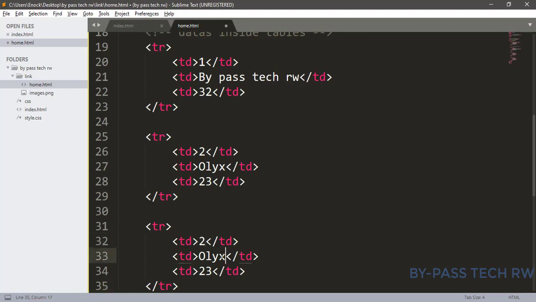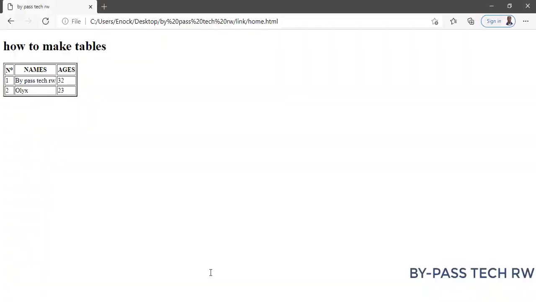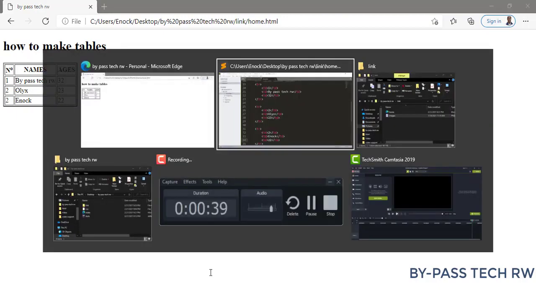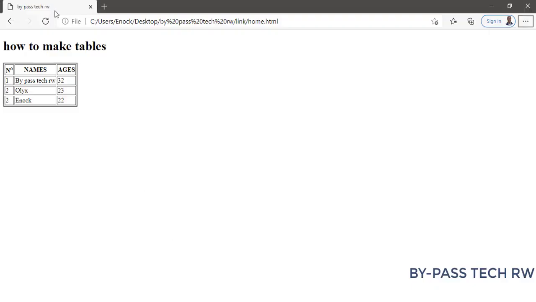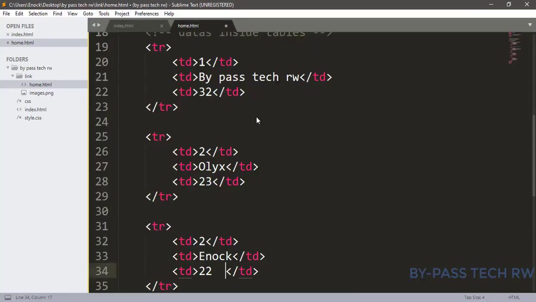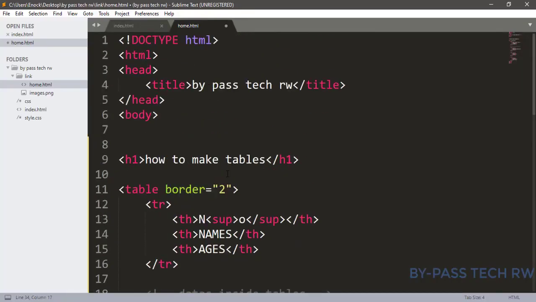Let's say Enoch with 83. Let us say 32. Refresh it. You see, this is how to make a table. Let us insert this table into